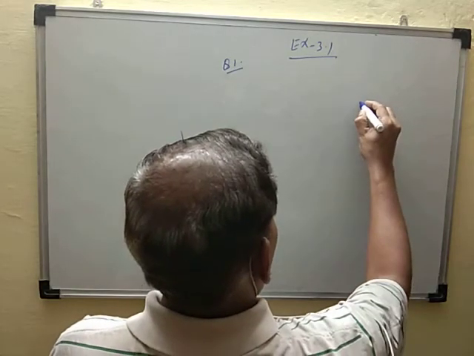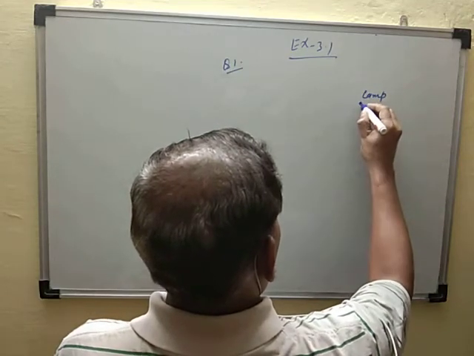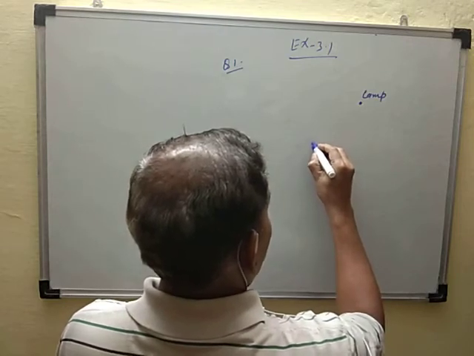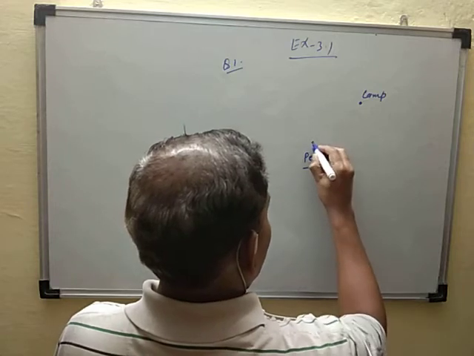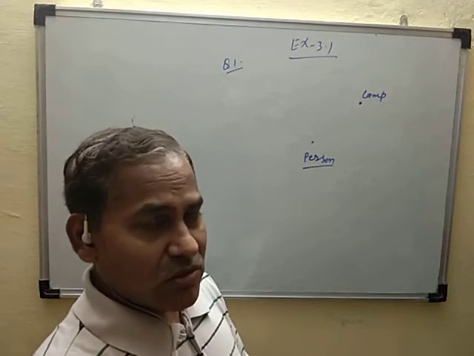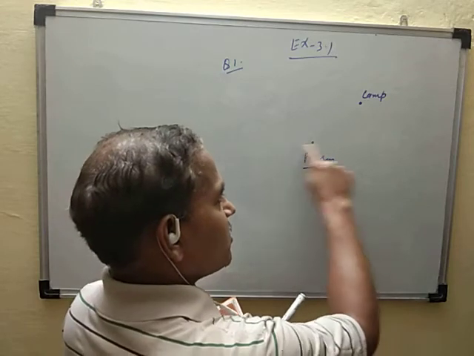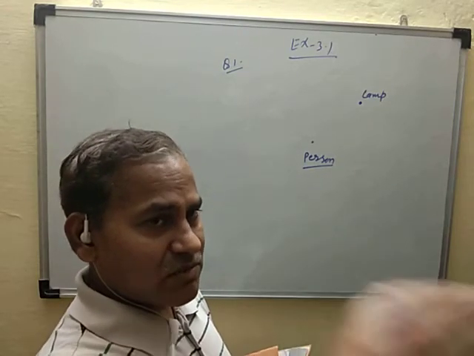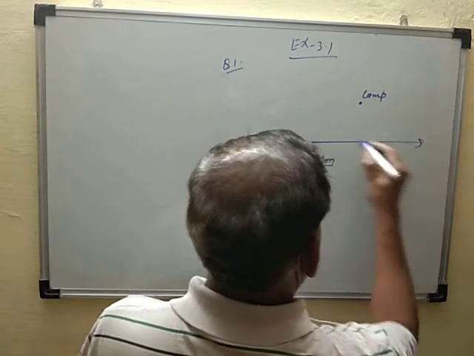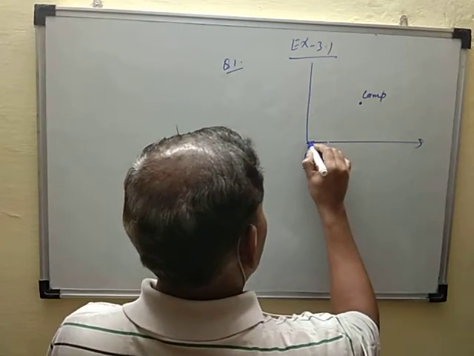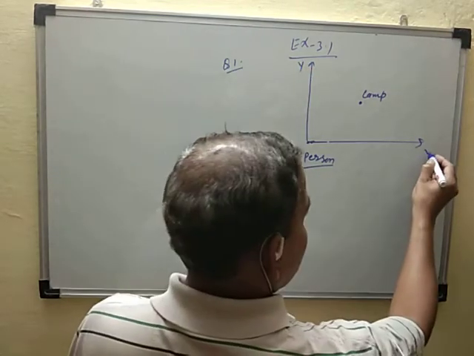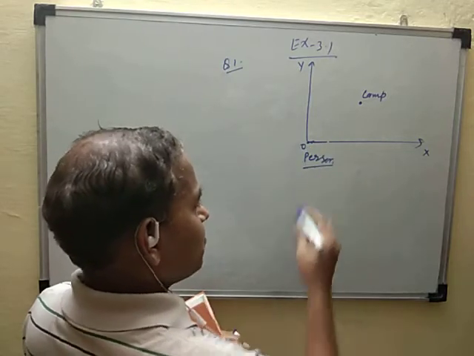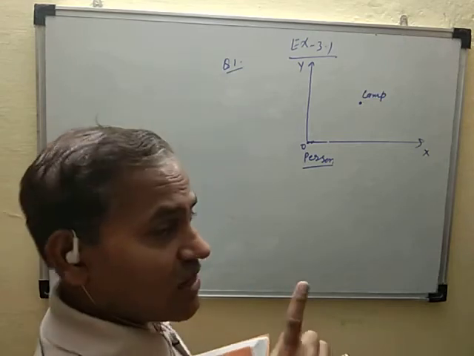Suppose this is the table lamp, at this point, and we have to find its position for another person. Suppose another person is here, at this point. So we draw a horizontal and a vertical line according to this person. The horizontal line is parallel to the earth, and this is the vertical line. The vertical line is called the y axis and this is called the x axis. Suppose this person is the origin, then find the position of the lamp here.